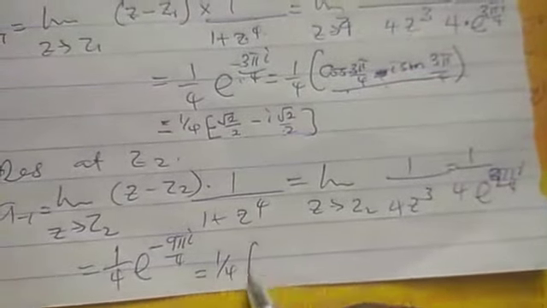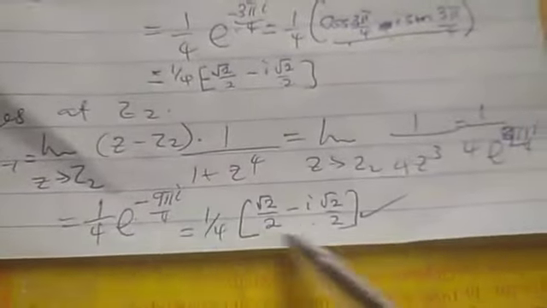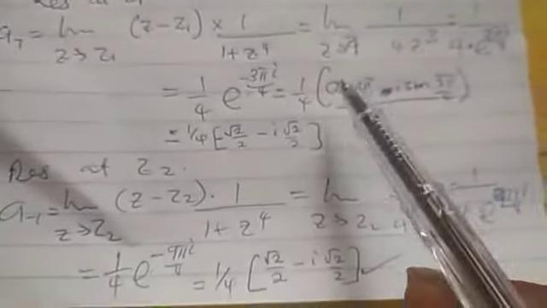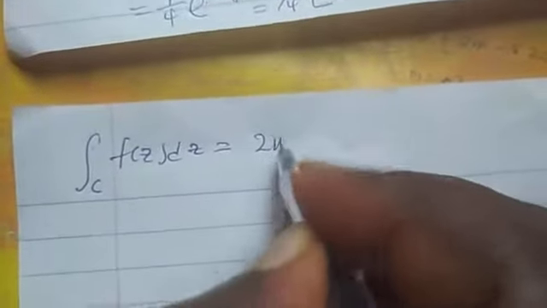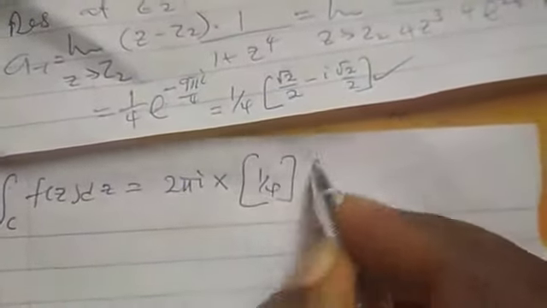And finally there, it will give me this, or follow the same thing. This is just the work of the calculator, and we follow the same pattern. So I have found the residues of the two functions. So from that place, I can say that this integral, if you use the residue theorem, is 2 pi i times the sum of the residues. So these are the residues. So 1 over 4 is common to them. Let me bring them out.